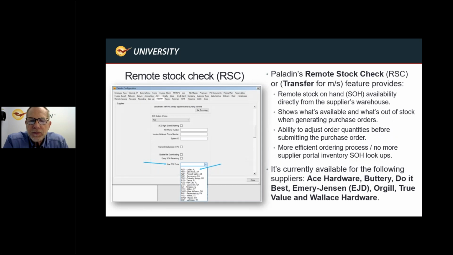So moving on to remote stock check. This is a really nice feature, which we've enabled for many of our hardware suppliers. And it's really limited to the capability that the supplier provides and offers to us. We will integrate with anybody's API, or application programming interface, which connects us directly to their ERP, or enterprise resource